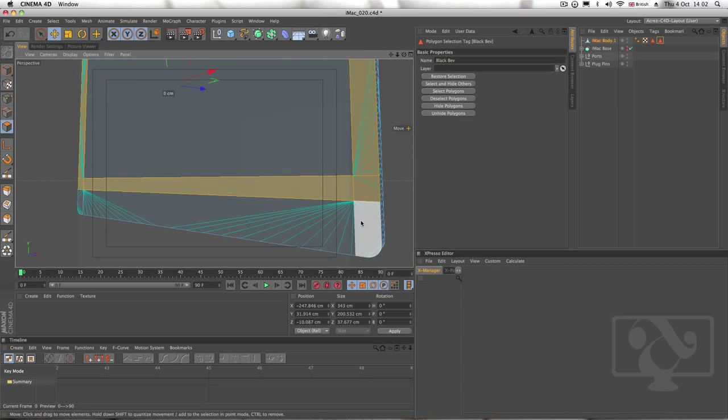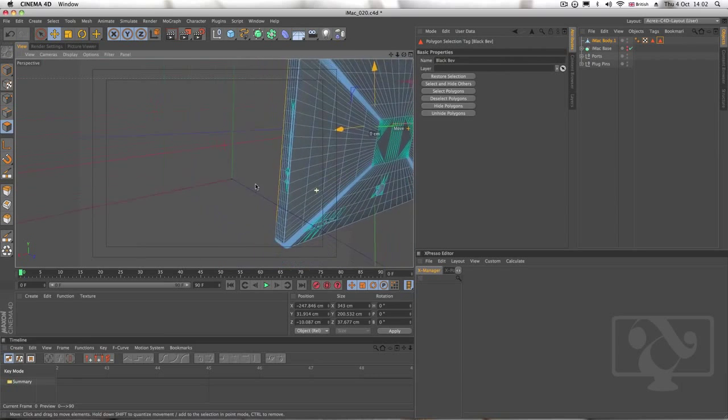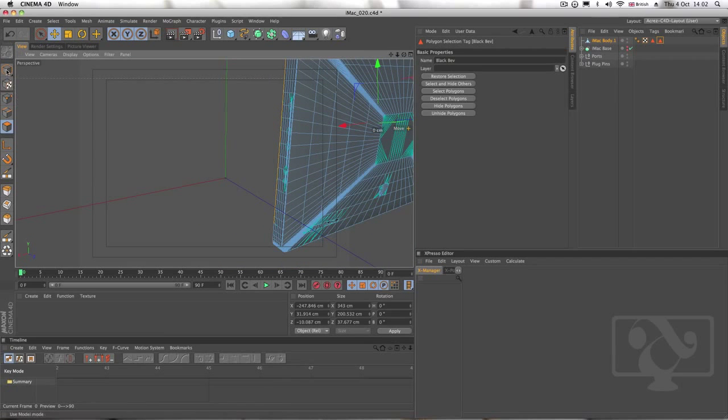We don't have to make any selections here because at the bottom here is going to be the same material as the rest of the iMac. And now we can come out of polygon mode